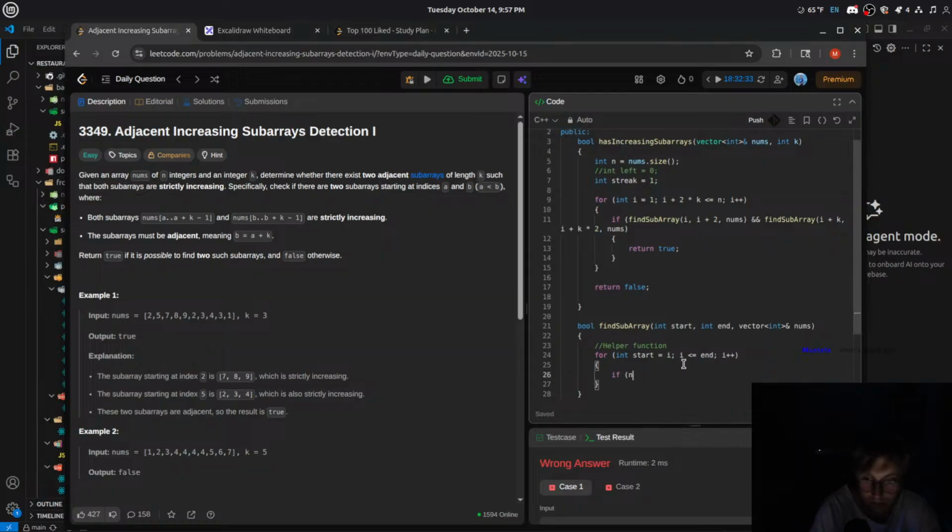If nums I does not equal nums. What are we checking here again? We're checking if it's greater than. If nums I